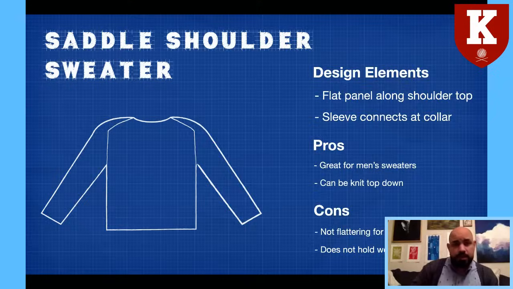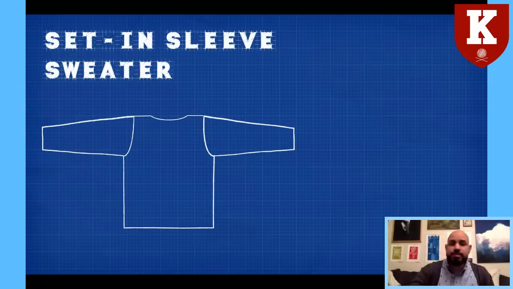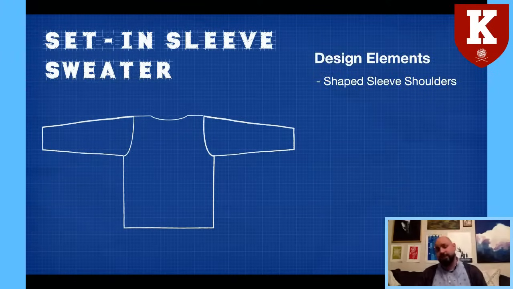And finally, we have the king of all sweaters, the set-in sleeve sweater. This is by far, if not the most popular, the best looking sweater, without any question. And there are quite a few reasons for that. So this has heavy shaping on the sleeve and shoulders. I didn't do a good job of demonstrating it here in the diagram, but the sleeve is going to be shaped in a curve,